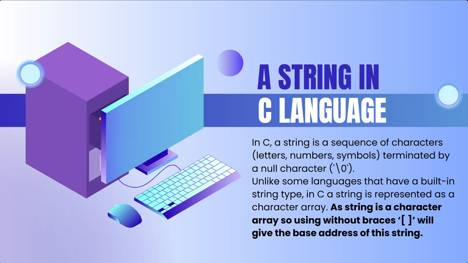Okay, so we don't have a particular data type or keyword as string, as I mentioned earlier. So we need to express a string in C as a character array, as a sequence of characters. So A, B, C, D are individual characters. We add all the characters and make a word, and we add words and make a sentence. The same way, we take an array of characters, and that is considered a string. Moving on,